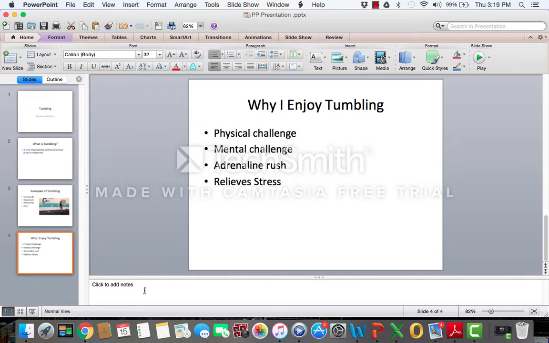Down here, you can create notes for your PowerPoint. It won't show up on your actual PowerPoint presentation, but if you want to print this out for any students who may have visual problems or they just need something in front of them, maybe they have an accommodation to where they get the PowerPoint instead of having to write it down, you can add notes to here. So for example, I might say discuss each bullet point